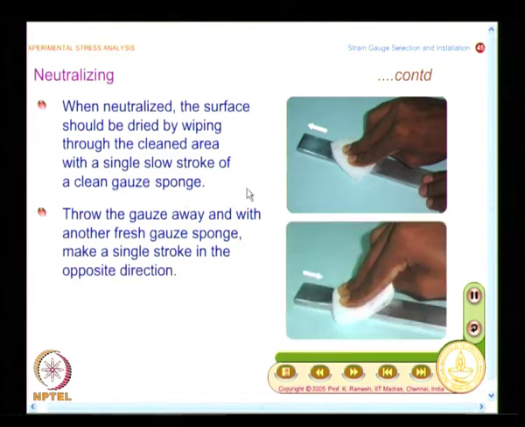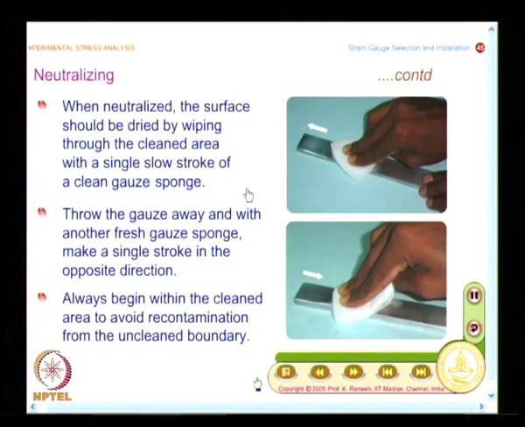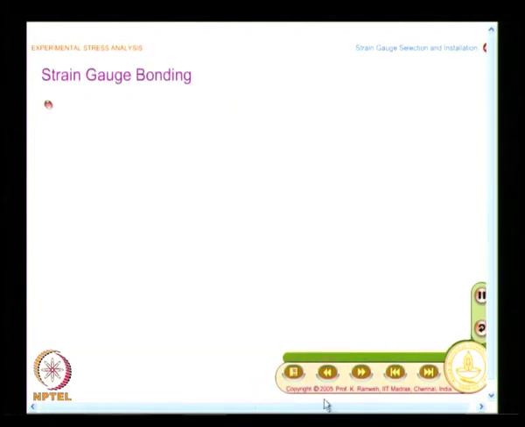Though it looks like a very detailed set of instructions, in the interest of perfect strain gauge installation, you should not get bored with this. Once you do this 2-3 times, you will know the procedures involved, and you will develop skill and speed, and you will also have everything ready. The whole installation you could do very fast. But when you learn, you need to know the steps systematically. There is no escape from this.